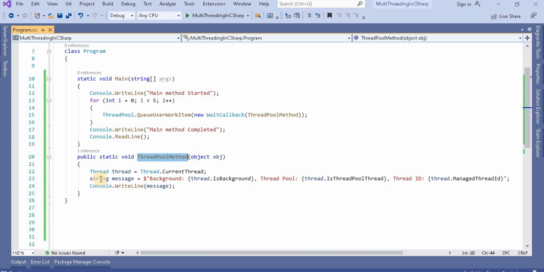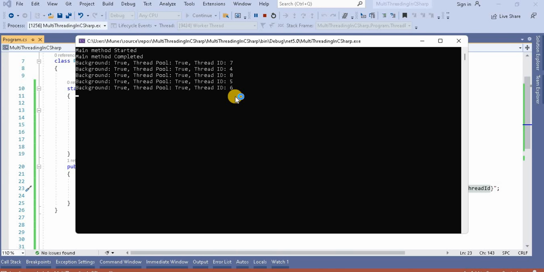We are checking whether this particular thread is a background thread or not, whether it is a pool thread or not, and we are getting the managed thread ID. Now when we run this application, it shows that it is a background thread.